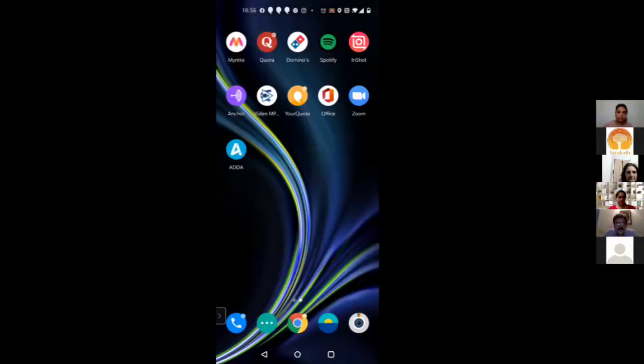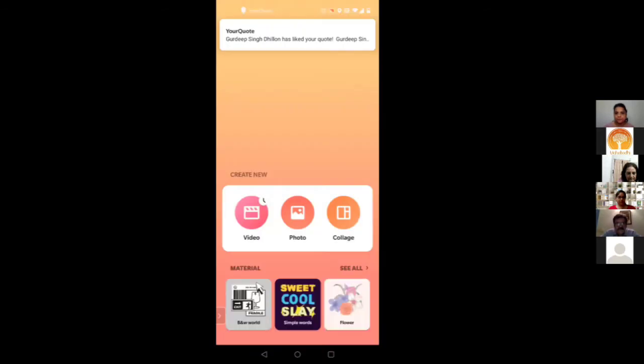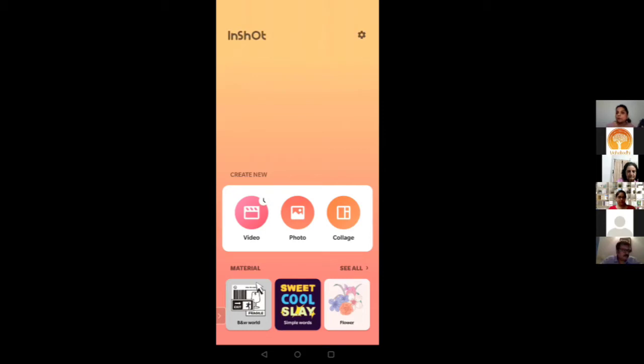Have to go to the application InShot. Okay, so this window would open up for all of you, be it on an iPhone, iPad, or on an Android phone. It works on both Android and iOS, and you can download it for free, but you have 3 plans for iPhone.